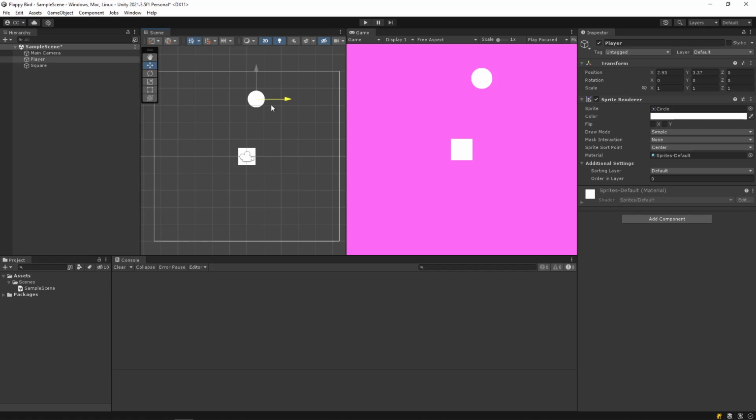There's also a rotate tool. And if you drag this blue line, you can rotate it. It doesn't look like it's rotating because it's a circle, but you'll just have to have faith. And there's also a scale tool, which lets you scale it in different axes as well. There's a tiny little white square where if you hold that down, you can scale it in both.